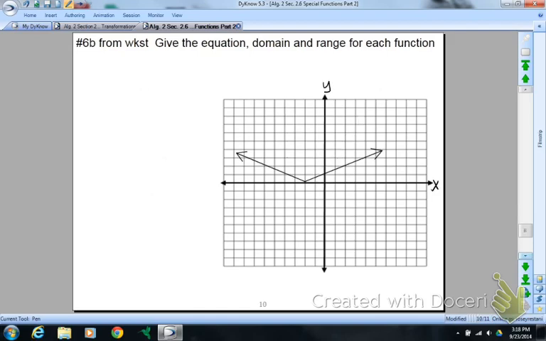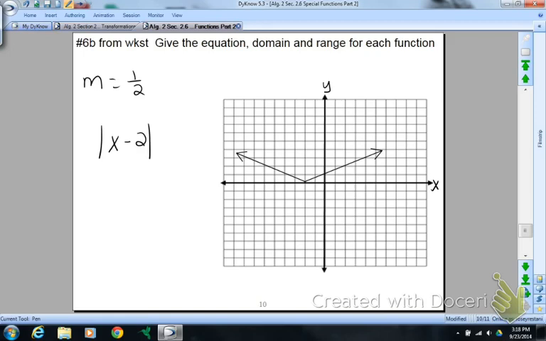Let's look at example 6b. Now this one, it's shifted and it's really, really wide. So it doesn't really matter which one you do first. From the vertex, I want to calculate my slope. So I went up 1 over 2, up 1 over 2, up 1 over 2. So what's my slope? 1/2. And it shifted to the left 2. So it's opposite, so it's going to be absolute value of x minus 2, because it goes inside the absolute